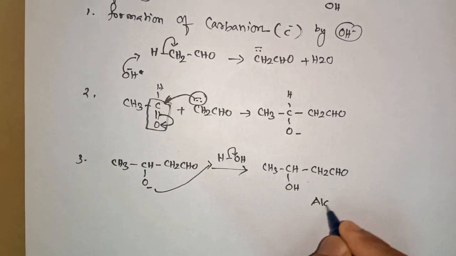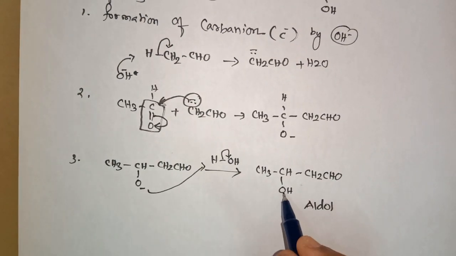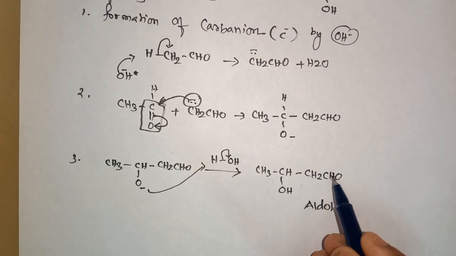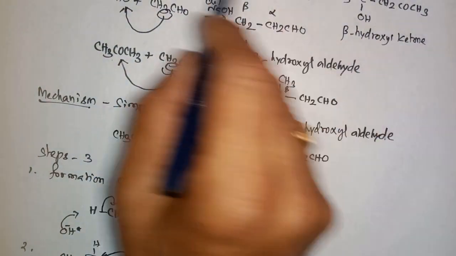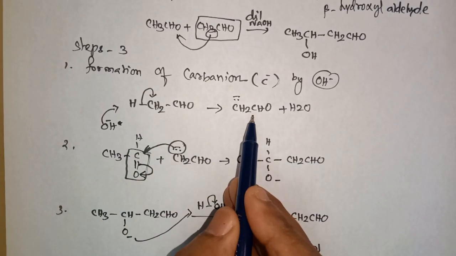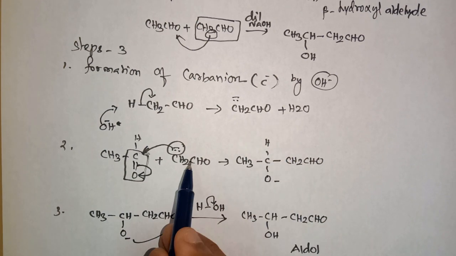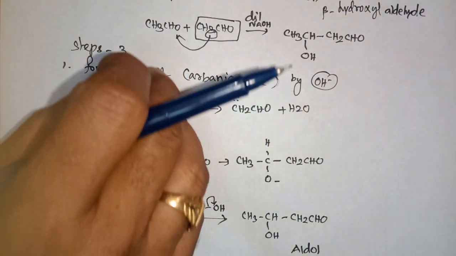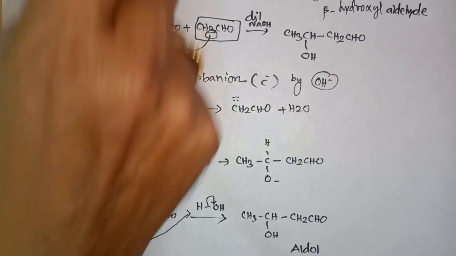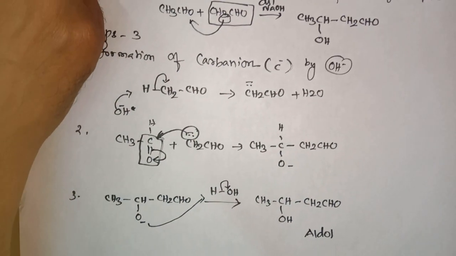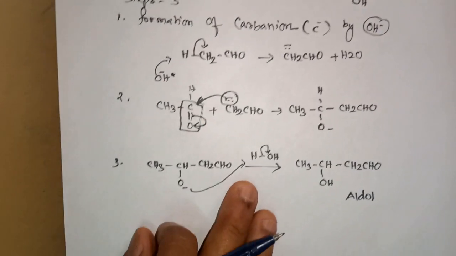It is called aldol. It is beta hydroxy aldehyde. So if you want to prepare an aldol which contains alcohol functional group and ketone, go for this reaction. Instead of this, you take acetone. Same anion we are getting. That molecule adds with one more acetone. We get this. So what are the steps involved in the simple aldol condensation mechanism? The same number of steps are involved in the crossed aldol condensation reaction also.